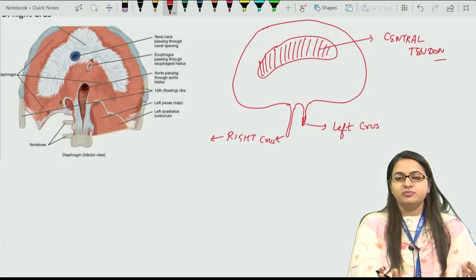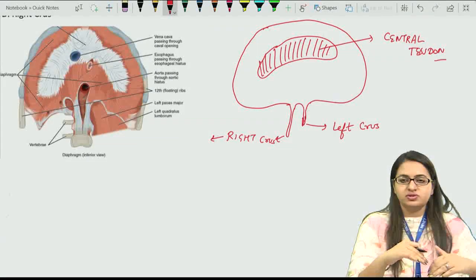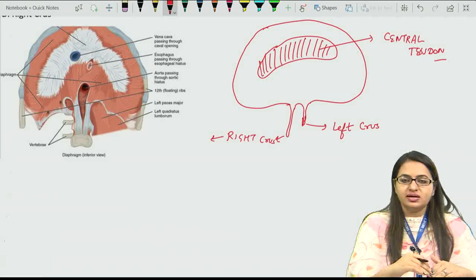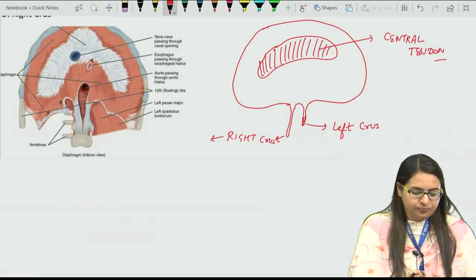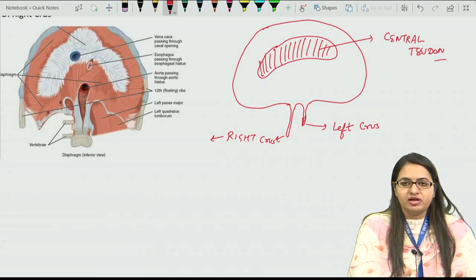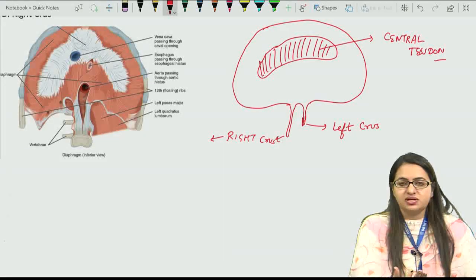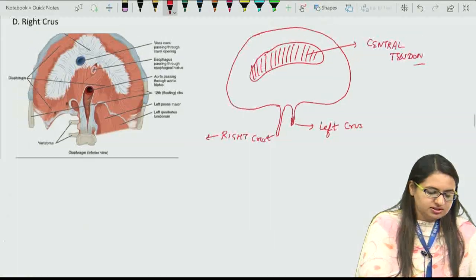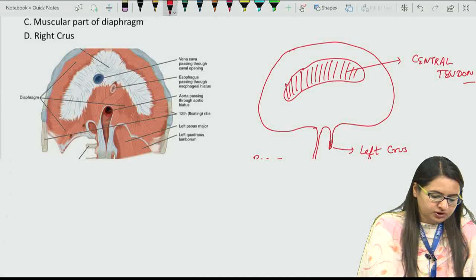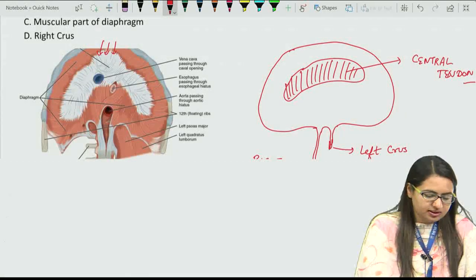Now the fibers of the diaphragm are actually arising from the periphery and they come towards the center, and all the fibers are inserted into this central tendon. We have sternocostal fibers, the sternal fibers, which are arising from the xiphoid process on the anterior side. So the fibers which come from the anterior side, arising from the xiphoid process, are also inserting